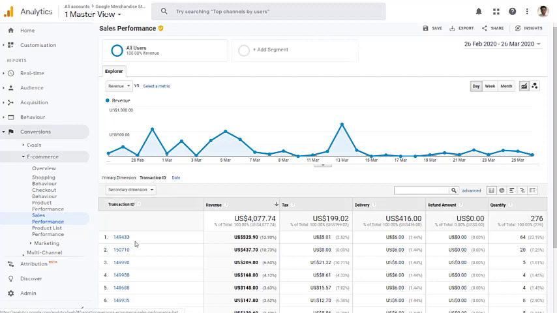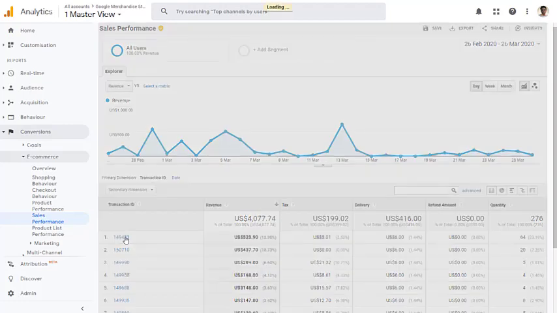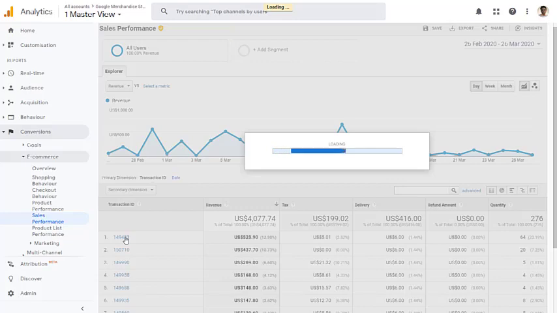149433 was the order with the highest revenue, $525. This guy paid $525. I can see the tax paid, the delivery charges paid, the refund amount if he made a refund, and the number of quantities that he purchased. This order purchased 64 quantities. I can find details, like I can click on this order. When I click on this order, I will be able to find what different products this particular user